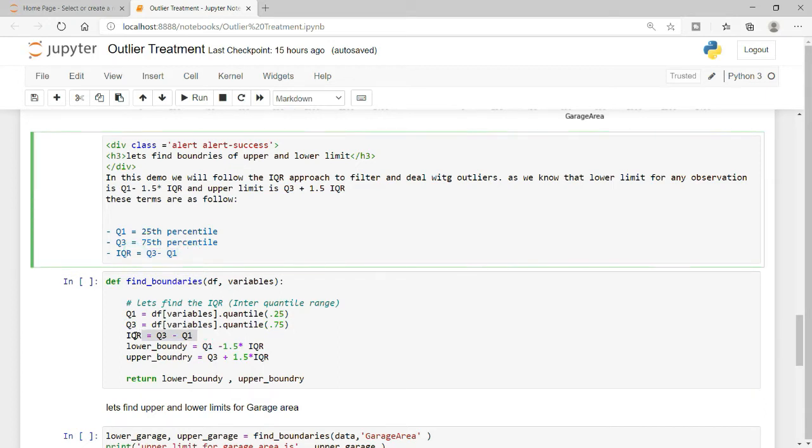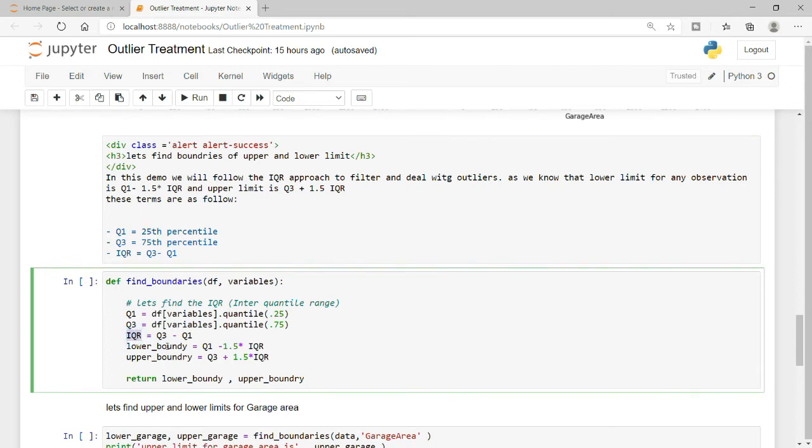So I have taken my IQR here in this particular variable. And now there are basically two simple things, and do remember these. The lower boundary we consider as Q1 minus 1.5 times IQR. Lower boundary means any observation falling below this range. Whatever observation is my 25th percentile, just subtract 1.5 times the IQR we got from here from the Q1, and that is your lower boundary. Anything that goes below that particular observation is considered to be your outlier.